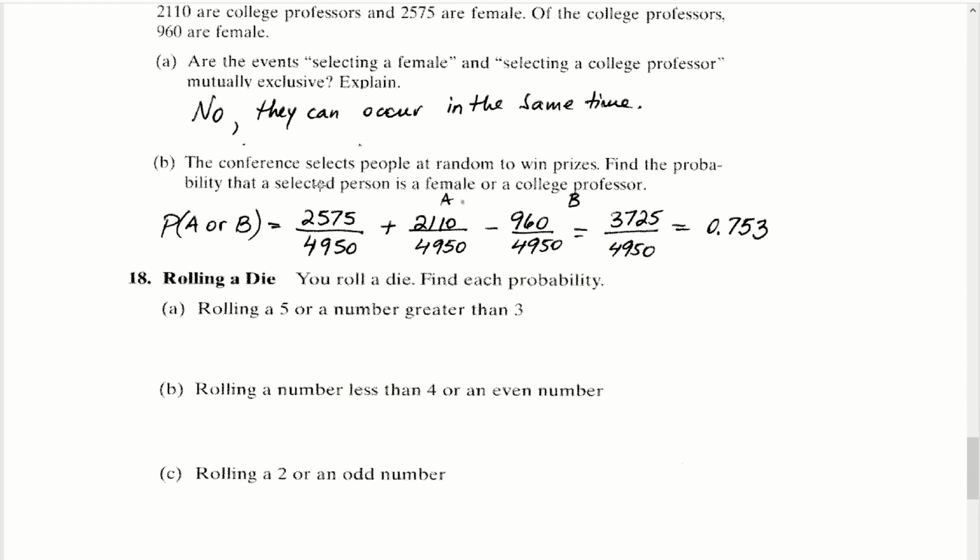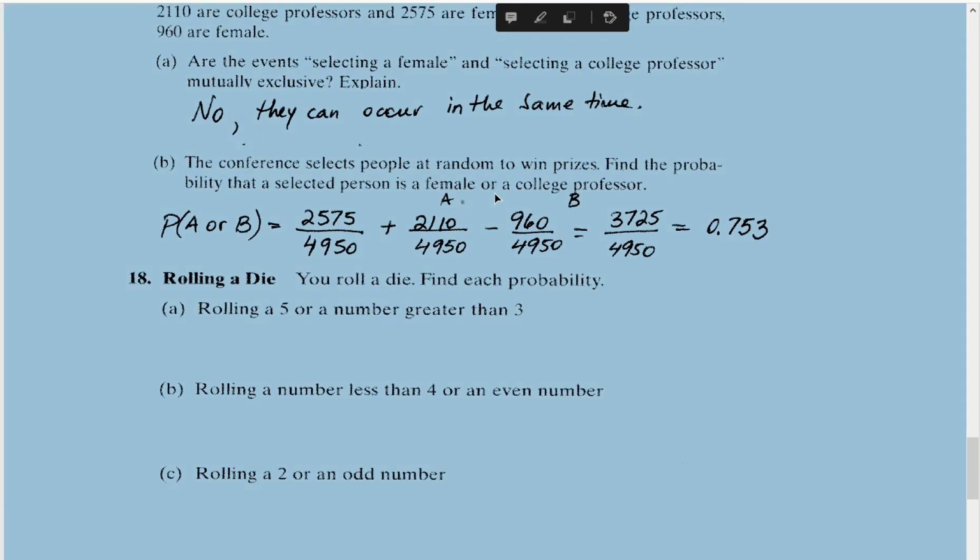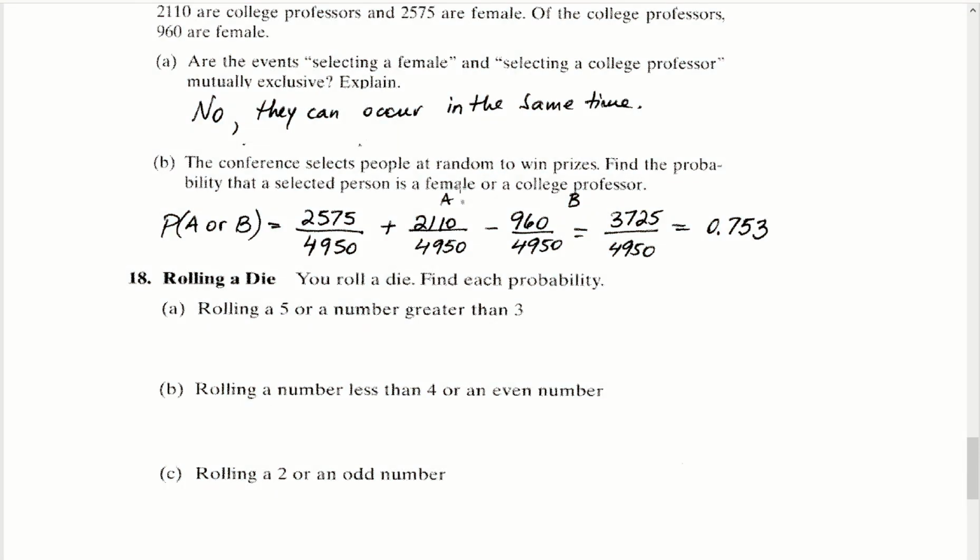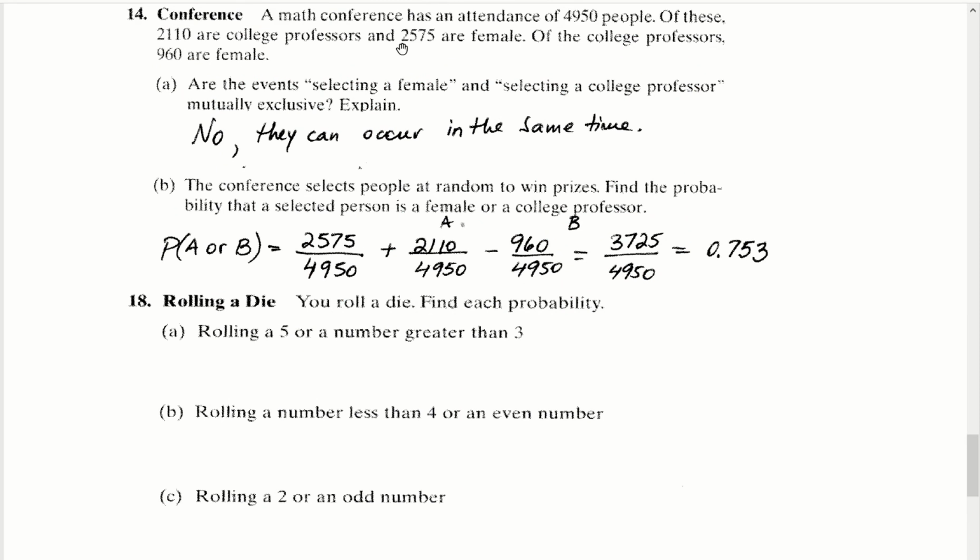Part B asks us to calculate the probability that if we select a person at random, that person is a female or a college professor. So this is another OR probability, so we're going to be using the addition rule. This would be the probability of selecting a female. Well, we know that there are 2,575 females out of our 4,950. Therefore, the probability of a female is 2,575 divided by 4,950